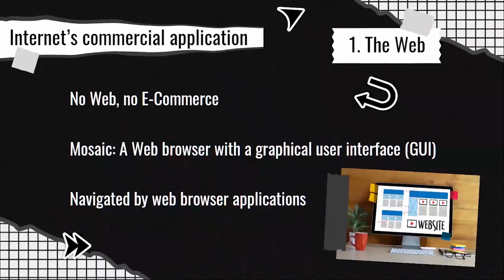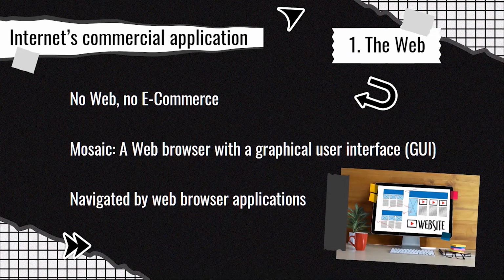Well, perhaps we can never talk about the internet without mentioning the web, right? Yes, the World Wide Web, one of the internet's most popular services, providing access to billions, perhaps trillions of web pages, navigated by using web browser software. Oh, by the way, if you are wondering, a web browser is a software program whose primary purpose is to display web pages. Some browsers also have added features, such as email, newsgroups, etc.